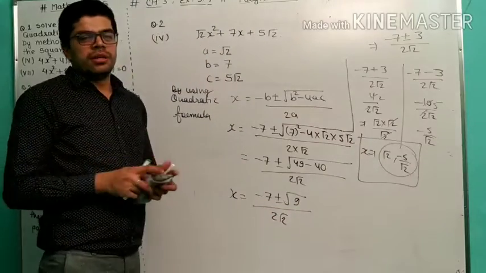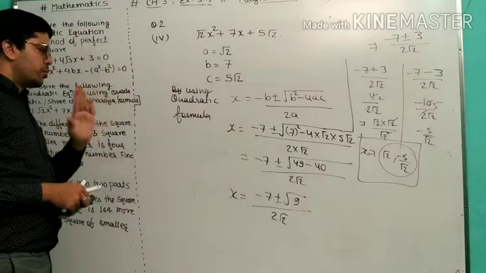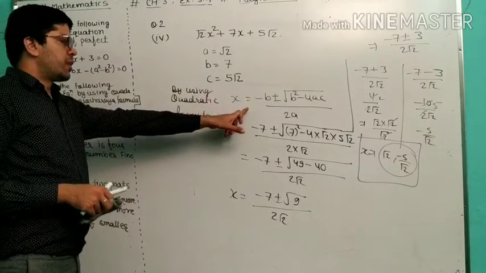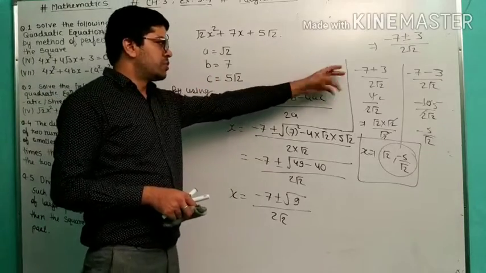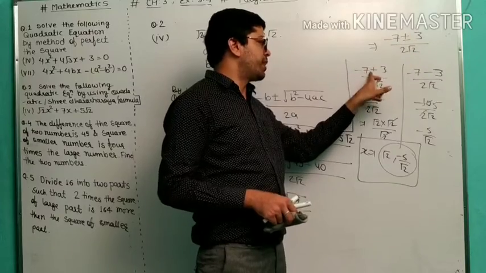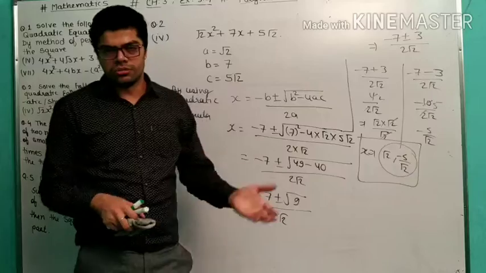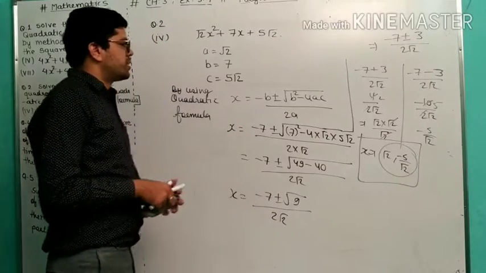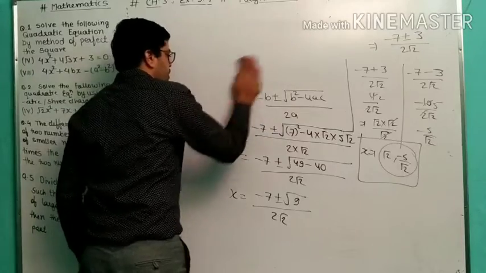So what is the simple trick here? The simple trick is to think about the quadratic formula, write the formula, put in the values and do the simple calculation. There are two symbols, positive and negative. First you take positive and second you take negative, and after that you will find the two zeros. So hopefully you understood this. So we are proceeding with the next question.